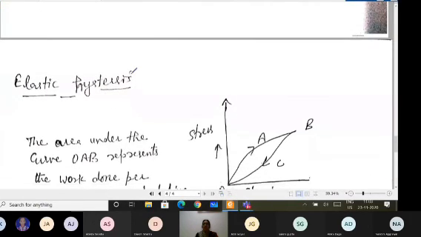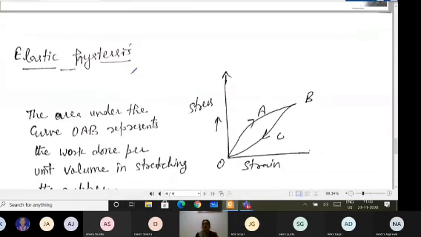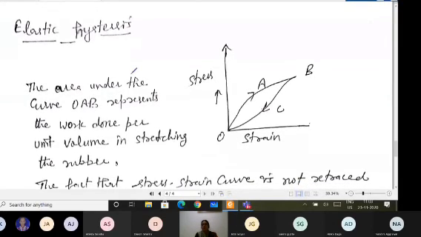So that is another elastic term with you, that is elastic hysteresis. Like when we deal with the stress strain graph of elastomers, like things with us like rubber is there, then this is the graph when you are applying the force, and then when you remove the forces, then as I've said, the graph is not following the same pattern. It is coming by this method because it is not following Hooke's law.